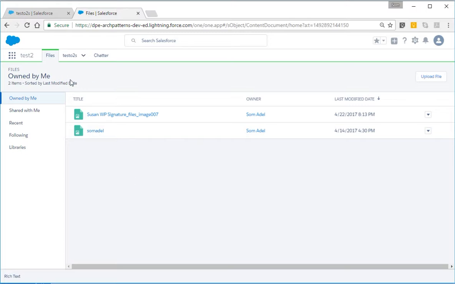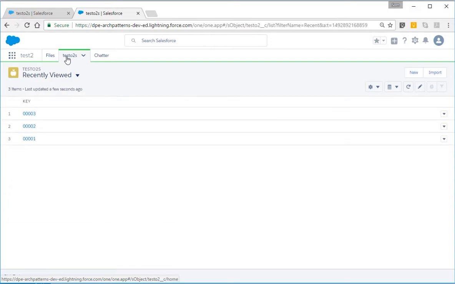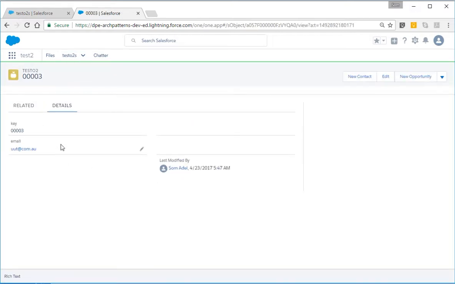This tab is the one with the data that we had for that one custom table of test2, and then that only has emails in it. It has chatter for any communication back and forth, who said what, and files are